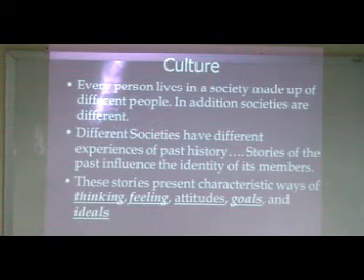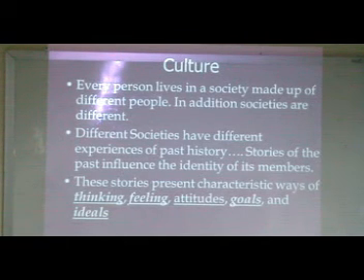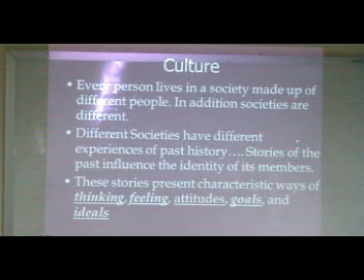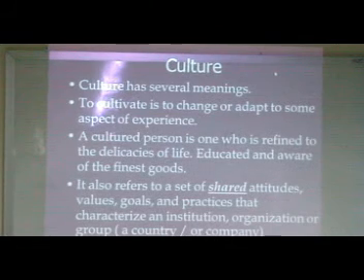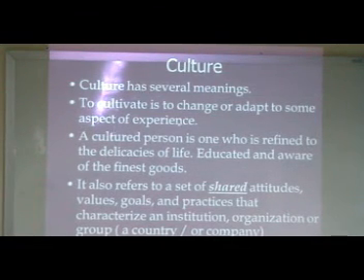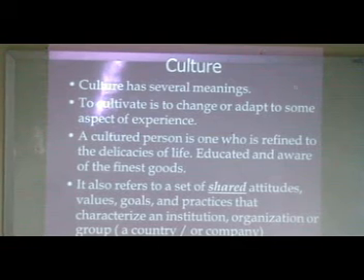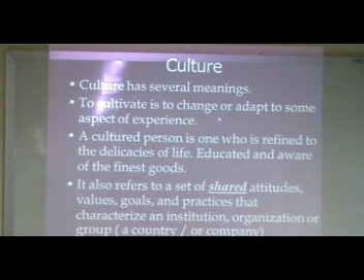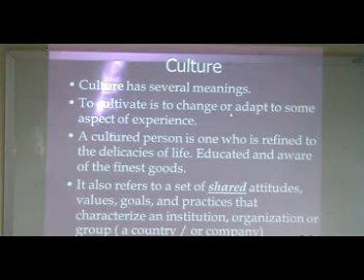These are mythological stories, and they are in every culture. In Thailand, you would have your own culture. They represent thinking, feelings, attitudes that people share within these ethnic groups. Culture has several meanings. To cultivate is to change or adapt to some aspect of experience. So it's like eating a food. When you first eat food that you might not like, but when you get really hungry, it might taste really good. So as your mother cooks this food,